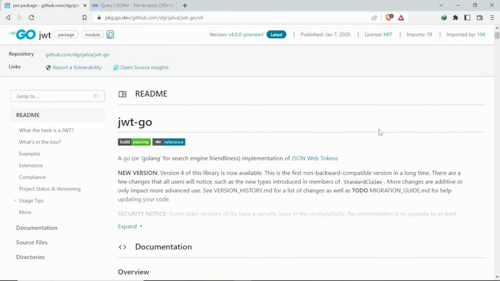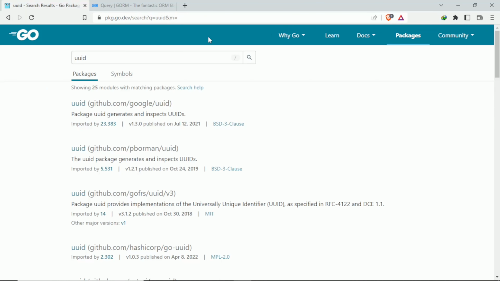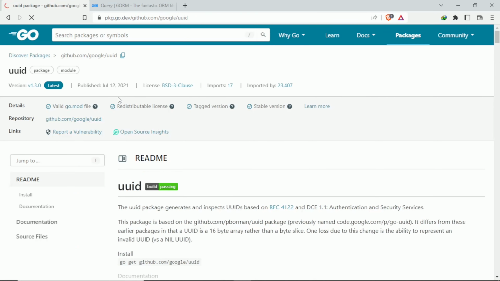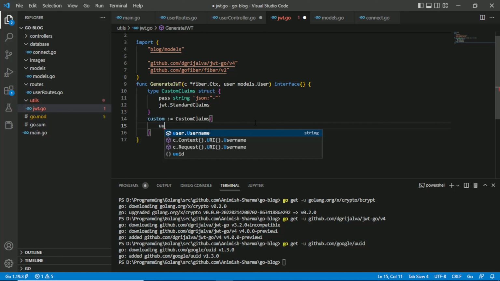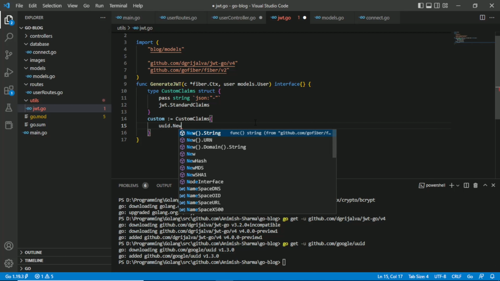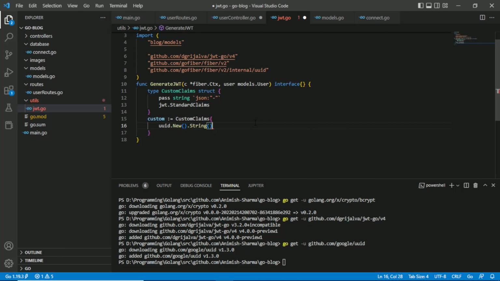Let me just finish this jwt.go, and I'll explain what we are doing here. Okay, so we will have password as uuid.NewString. That's like this, I guess. Yes,